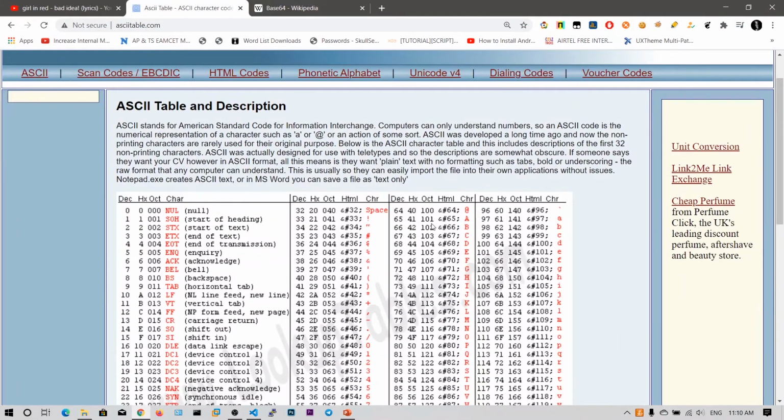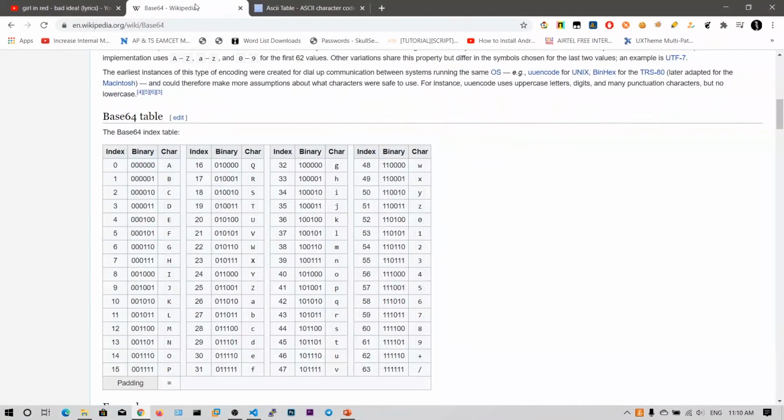If I say capital A, the equivalent binary number is derived from decimal 65. In the same way we take 3 bytes as a group, and each byte consists of 8 bits, so combining 3 bytes we get 24 bits. 8 into 3 is 24.